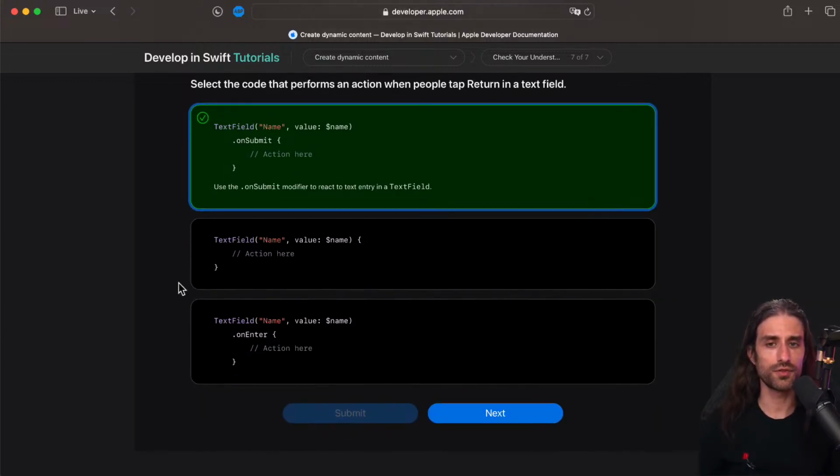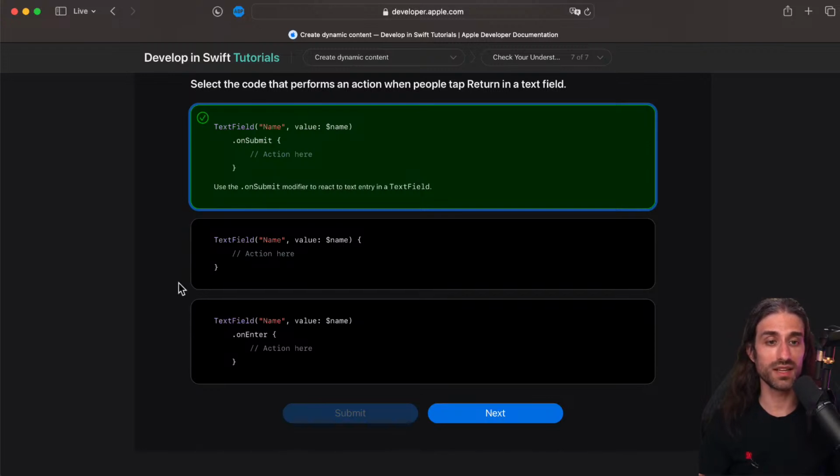onEnter. I'm not sure about the logic, but basically the return key has a different name depending on the country. It's return in the US, but it's enter in French, or rather we call it entrée, but it's the same thing. And submit, I think it comes more from the web, because the idea of submitting a form is wording that feels very web-based. But I understand they made that choice because, yes, when you hit the return key you submit a form, but that might not be the only way to submit a form.